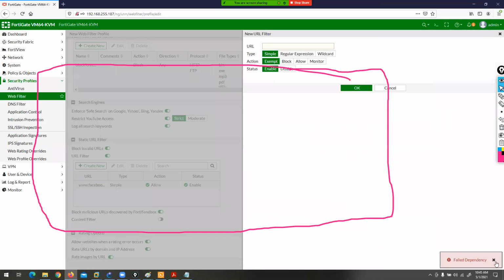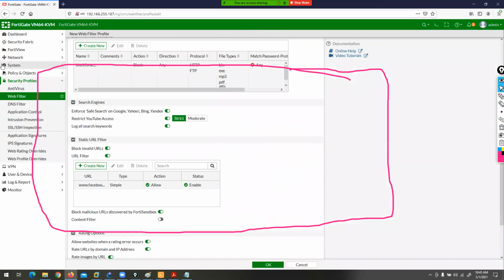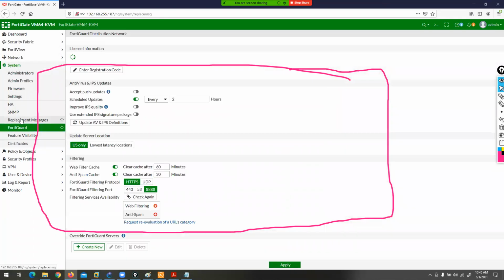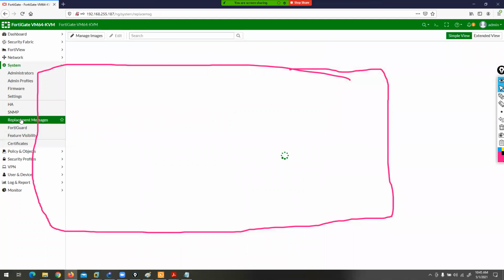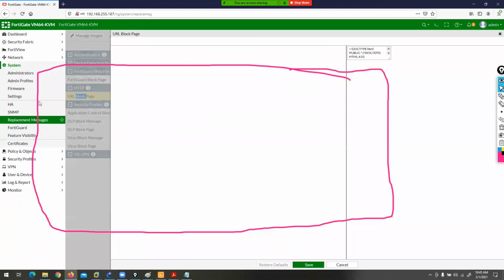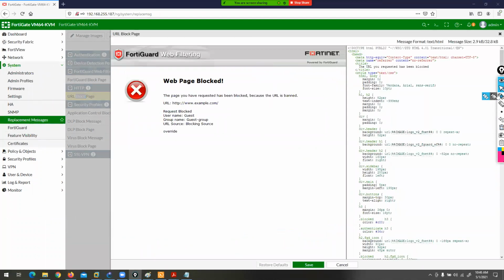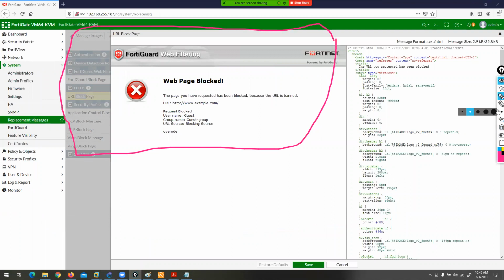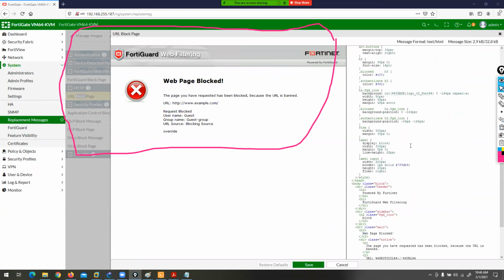If you go and click on System, and FortiGuard, replacement message for response page, URL block page. If you double click on this, this is what the user will get as a response page. This is a normal HTML file. If you want to make some changes, you can do changes here.